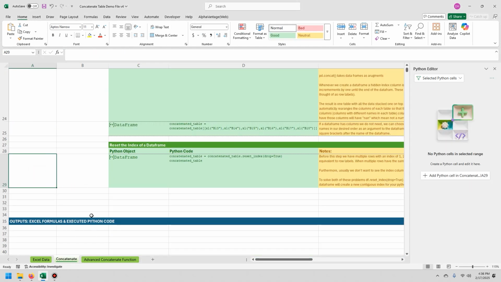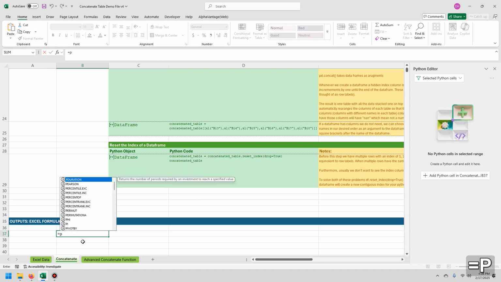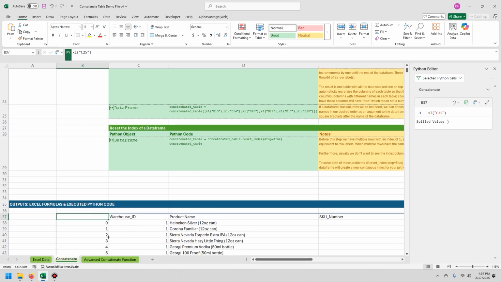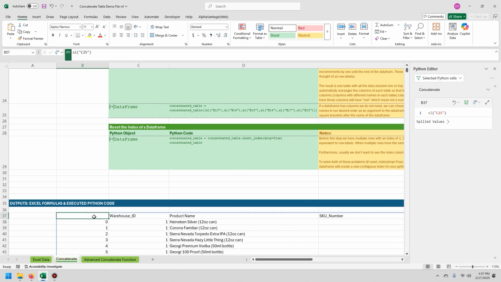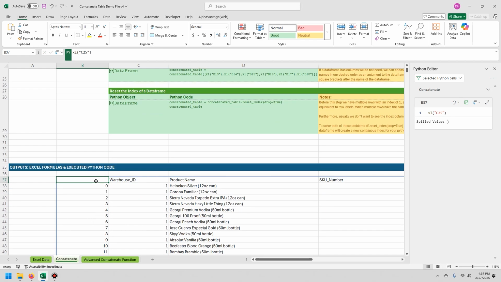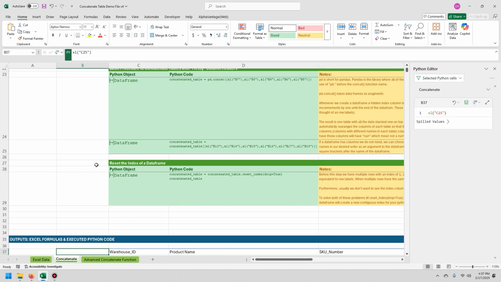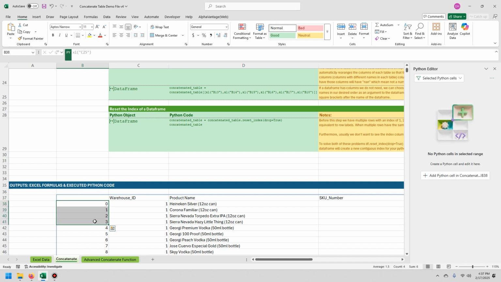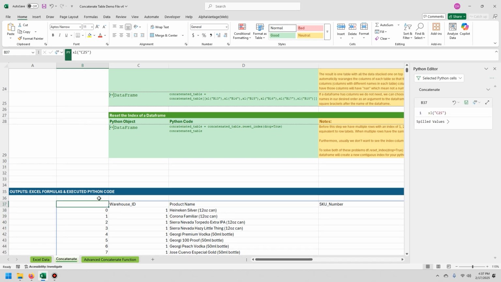Okay, so now we have a data frame that looks like this in Excel. So it's going to have this unlabeled column here. And if you're wondering what that is, it's called the index column. And every time you create a data frame, pandas adds one of these index columns. It's kind of like column headers, but it's like a row label or row header, if you want to say that. So the way we get rid of these, because usually we don't want that when we're working in Excel,